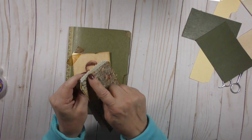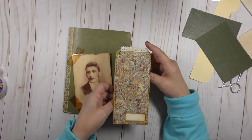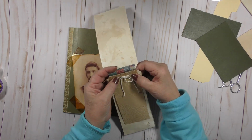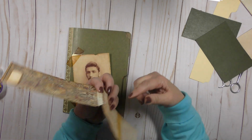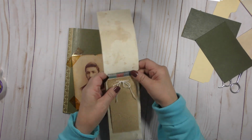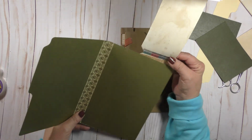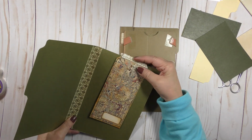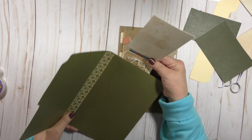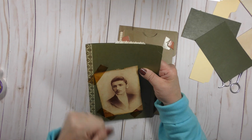I sewed a piece of lace so that when this gets tucked over the edge, the lace will stick up a little bit. That's my plan. I just attached a little label. So what I did was I punched holes in the paper itself and then just the back, and then I tied it into a bow here. The reason why is because I want this to hit the top edge of that file folder and be flush with it. So I just attached the paper onto the back portion of the tag unit. So it will look like that,